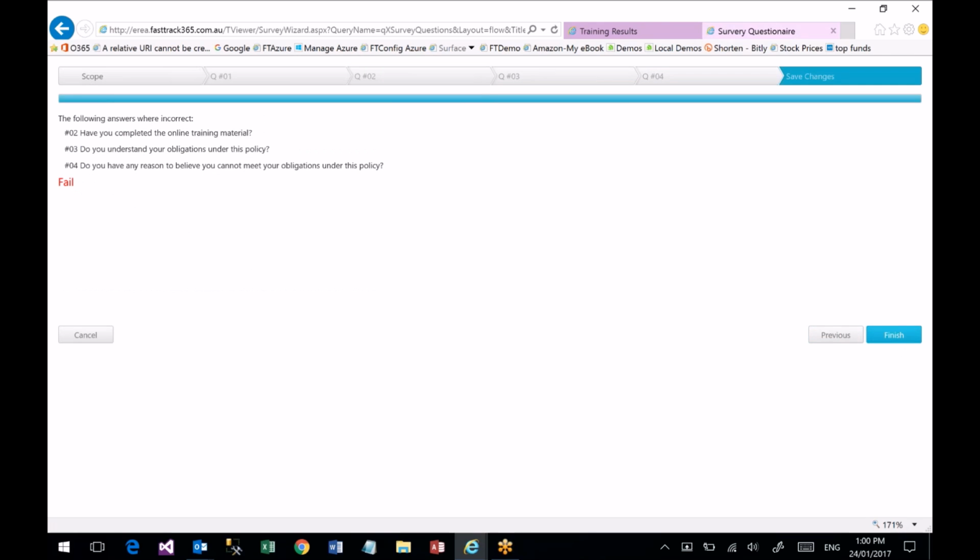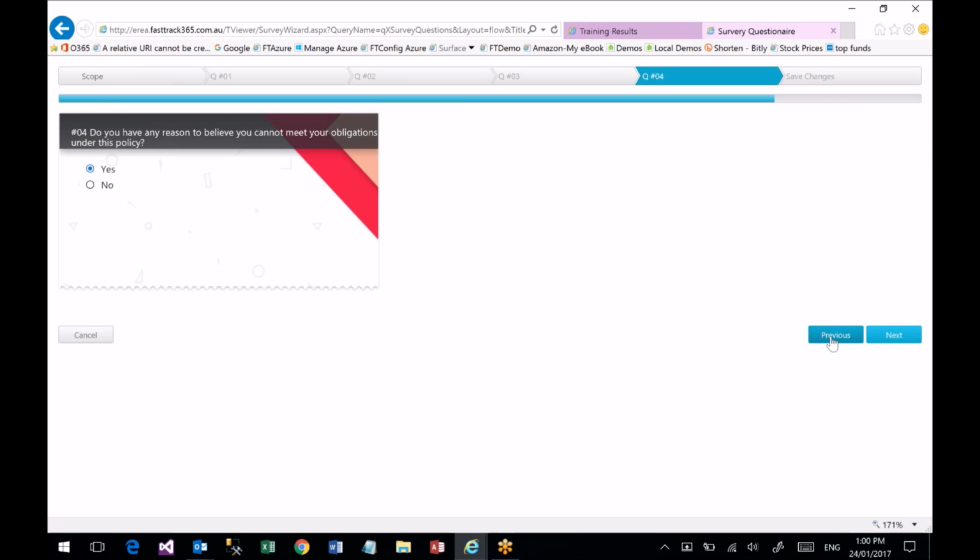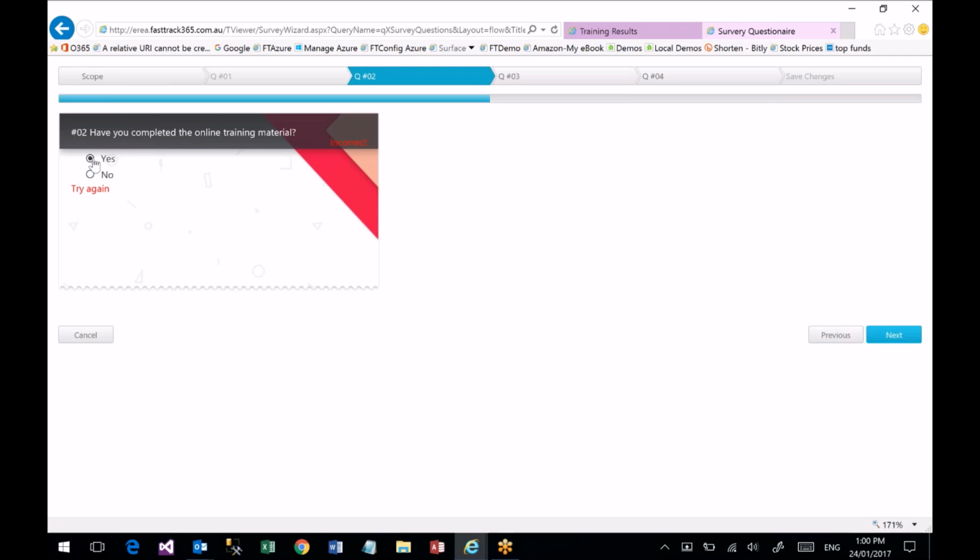Moving through them, when you get to the end of the questions, you will get a result screen up, and it will highlight whether you have passed or failed the assessment. If you failed the assessment, it will list above it the questions that you have got incorrect. You can then use the previous button to go back to them. So I can go back through the questions, make the correct answer,